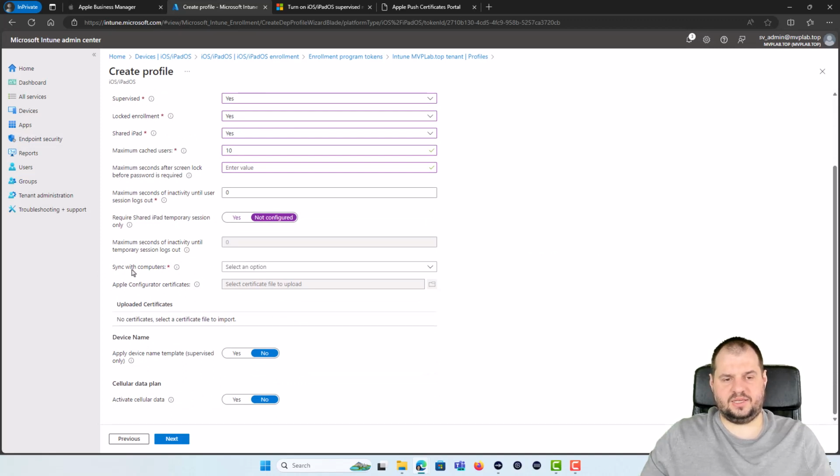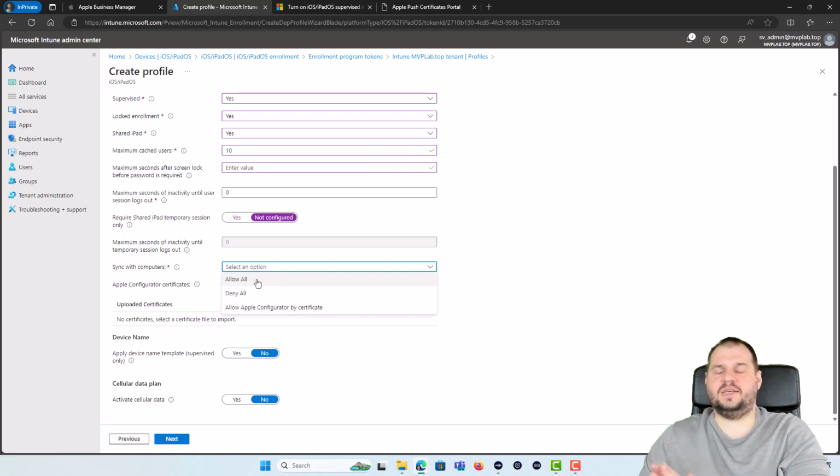If we select sync with computers, we have allow all, deny all, or allow Apple Configurator by certificate. That means if you select allow all, all of the computers will have access to the specific device. If you deny all, none of the computers will have access to the data on the device, and that means the device will not be able to be managed via iTunes, for example. But if you allow by Apple Configurator, the devices with the certificate from Apple Configurator will be able